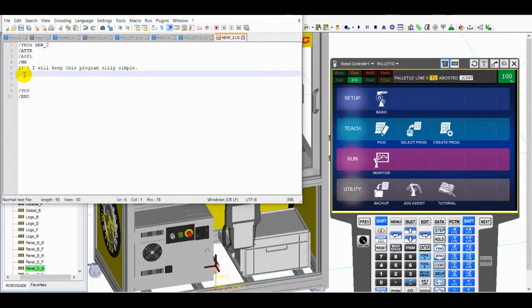All right. So number two, I'll say override. This is just a simple program, but a simple program, like I said, keep it simple. All caps. Override is equal to 10%. Okay. And now I don't want to get complex stuff, so I will not set user frame and all the rest. But let me go to 3 and say,